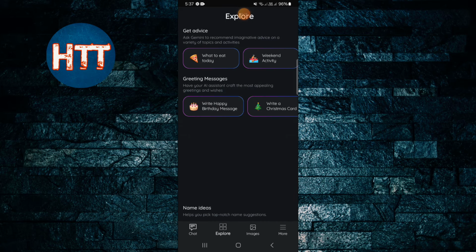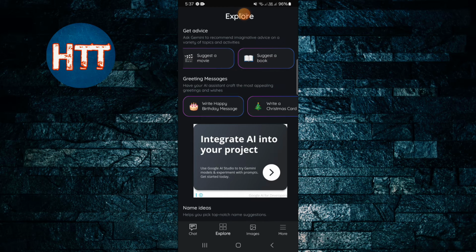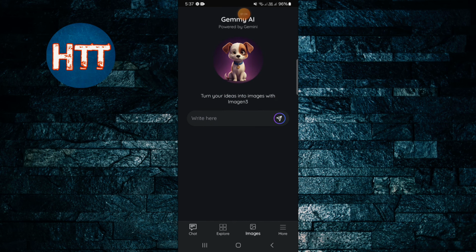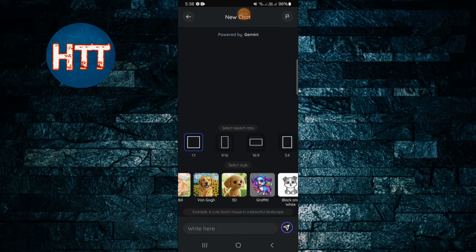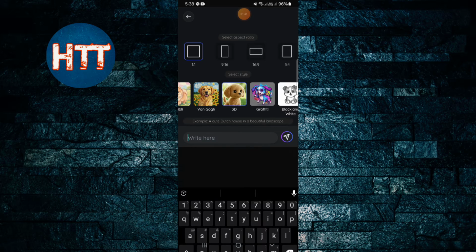Explore: you can get advice on what to eat, and the explore section can advise you on something. And images: right here you can turn your ideas into images. Images are free. Aspect ratio, just keep it as it is here. Style: you can set the style, like 3D. And right here